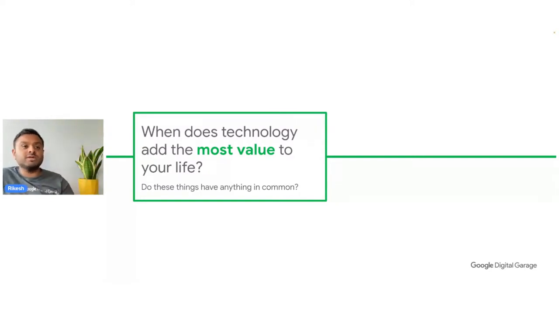So for example, for me, I use a combination of the note-taking app and a fitness app to work out when I'm at the gym. That's something which actually adds value to my life, because that helps with my health and keeping in shape. And I've got a structure when I go to the gym.